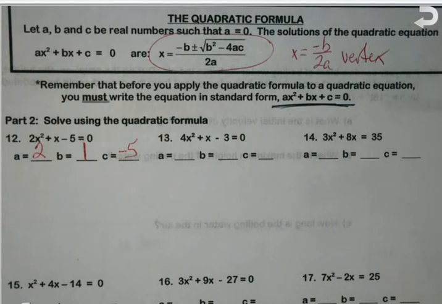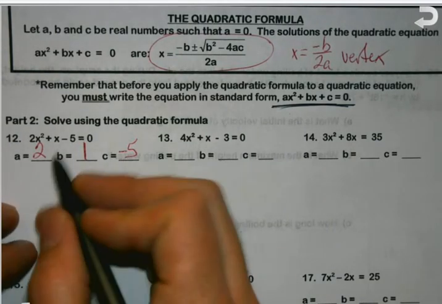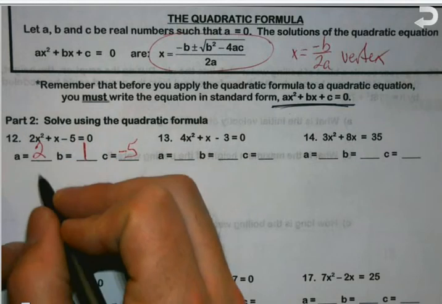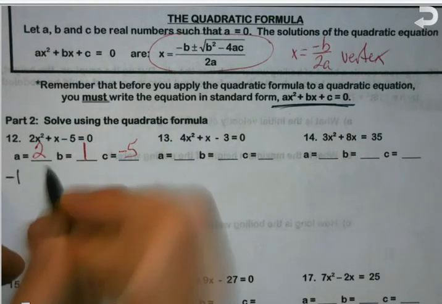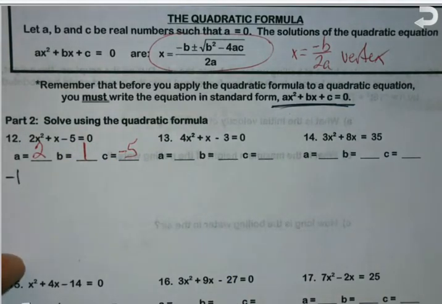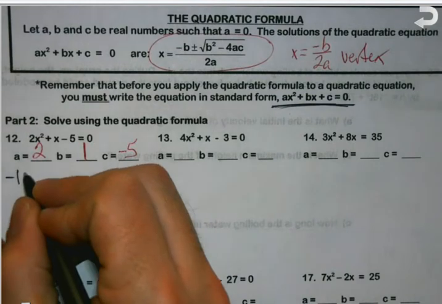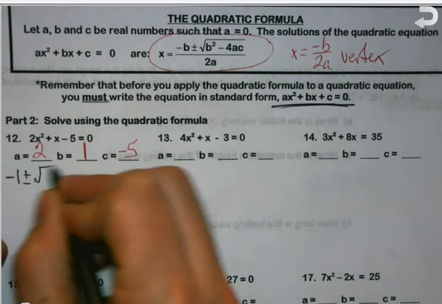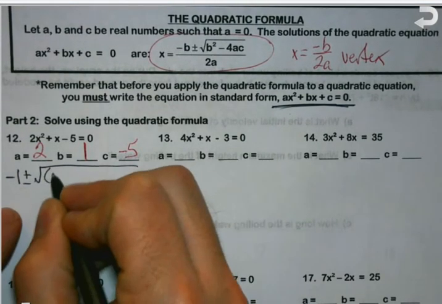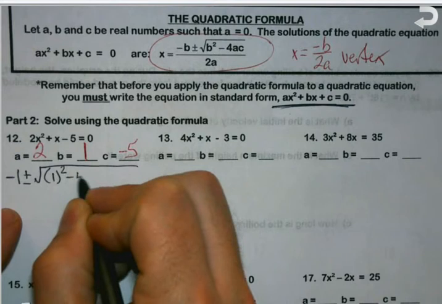Once I get there, now it's just plugging it in and grinding it out. So I'm going to have negative b, so it's always the opposite of what your b value is, plus or minus square root of b squared